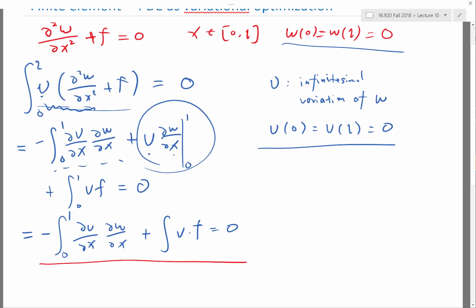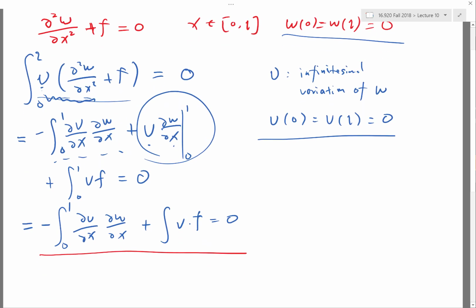Okay, the weak form usually contains two elements. Yes? Why did you take it out? Not variation. They're both variation. Why did I take out what? Like, you remove the v dw/dx term because v is 0 at 0 and 1. Yes. Isn't that also true for both